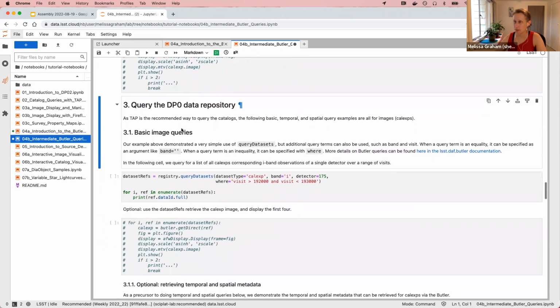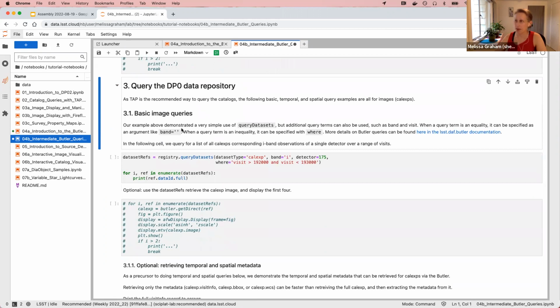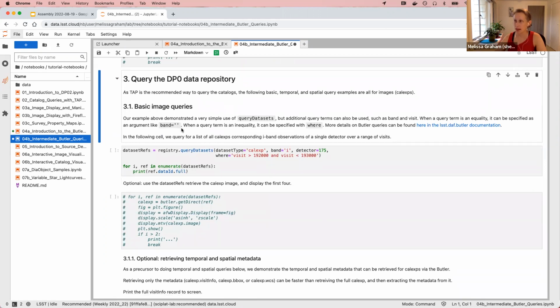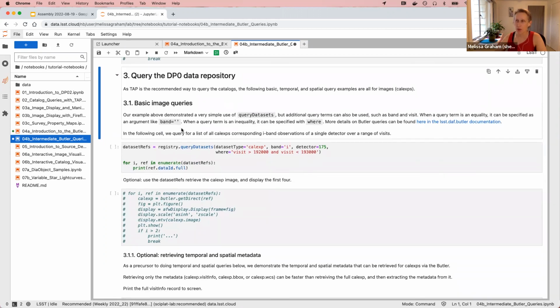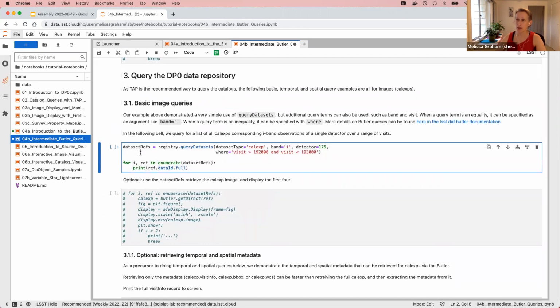Okay. So this part in section 3, this is where I really wanted to get to today with how to do some more specific queries. So in 3.1, we've set up a basic image query. And in this case, it's only slightly modified from what we were doing before. Before we were saying, we want CalExps of a certain visit and a certain detector. And now here we're modifying that and saying, I want CalExps of a certain detector, but I want them for any visit between visit number